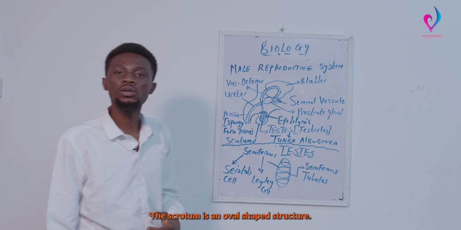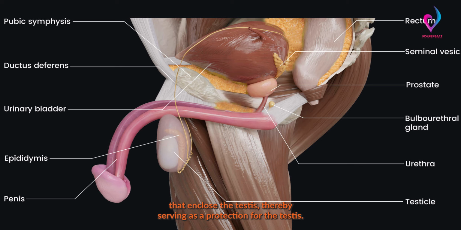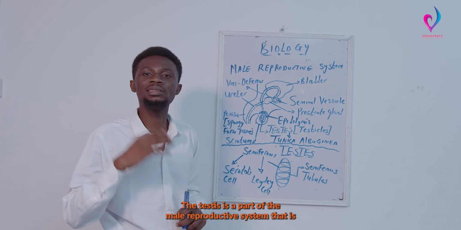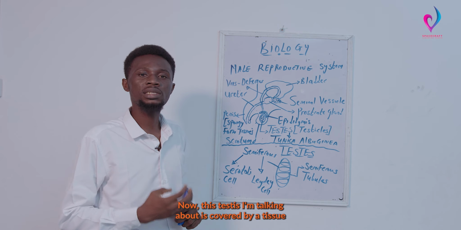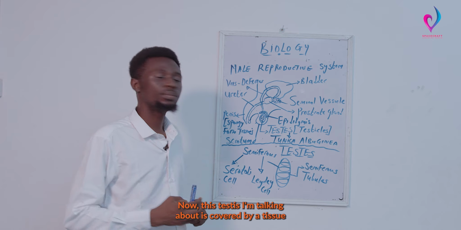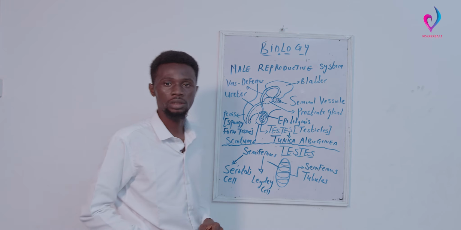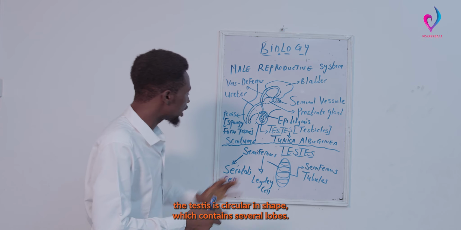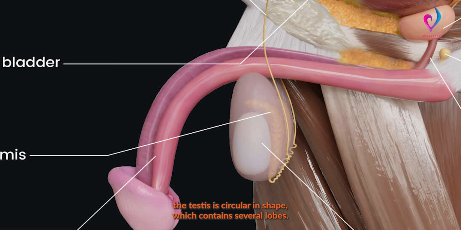The scrotum is an oval-shaped structure that encloses the testes, thereby serving as protection for the testes. The testes are the part of the male reproductive system responsible for sperm production. Now, these testes I'm talking about are covered by a tissue known as the tunica albuginea. The structure of the testes is circular in shape, which contains several loops known